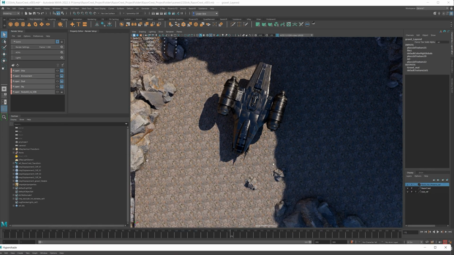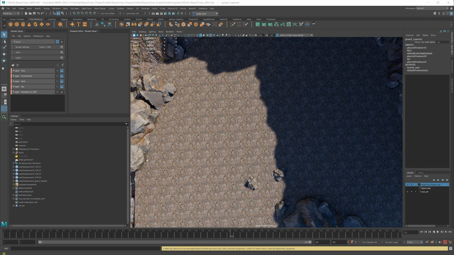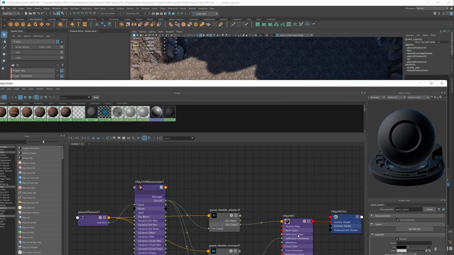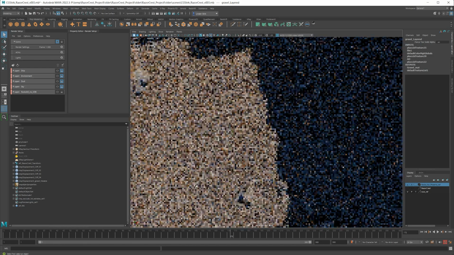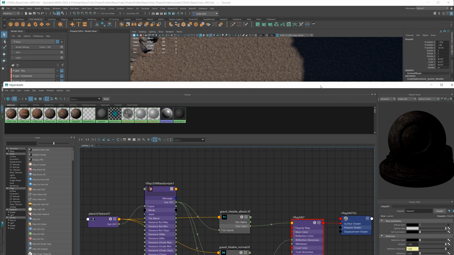So this is what we've got currently. Let me just hide the Razor Crest so we can see this better. We can see there's a noticeable tiled pattern. This is either by expanding the scale of the UVs or just repeating them. And next, if we middle mouse click and drag this onto our plane, now you can see that that pattern is completely gone. So if we zoom in here, there's no discernible pattern with the stochastic tiling on.